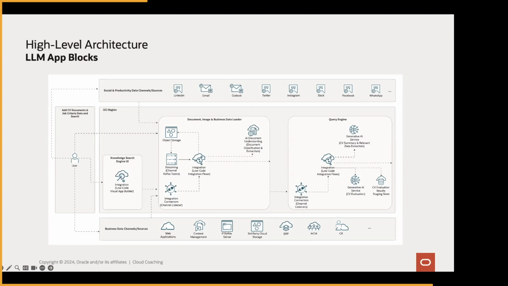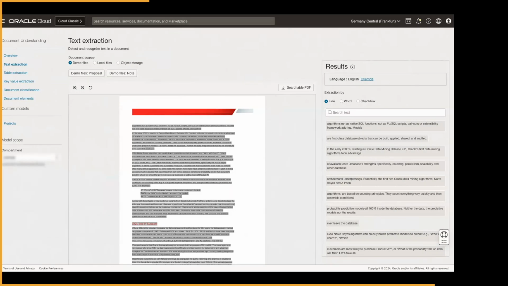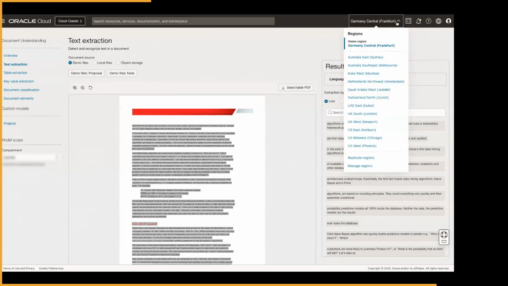Can you please let us know what if the customer's tenancy is not based out of Chicago Center and OCI Generative Services is unavailable in the current data centers? Okay, so again, let me show you as well. Your tenant is associated with a home region, right? And you are already subscribed to it. But that doesn't mean that you cannot subscribe to other regions. So in this case, for instance, I'm subscribed to the Chicago region, and I can